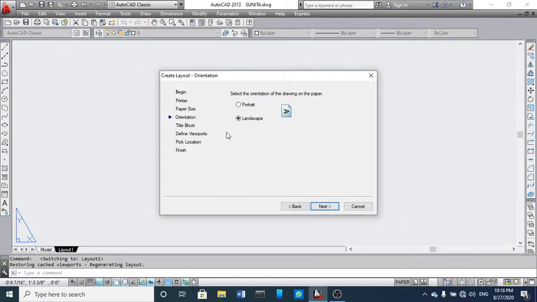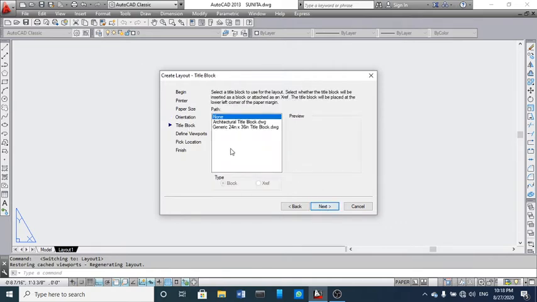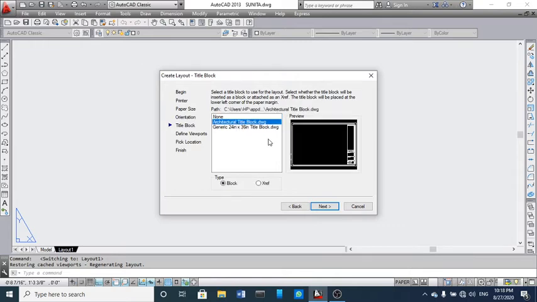Next one comes to orientation. So I am choosing landscape because my drawing is a little bit in landscape position. Now next one is title block. For title block, this architectural option is already given, and this is a kind of template. So you can choose this architectural type, right? So next one is